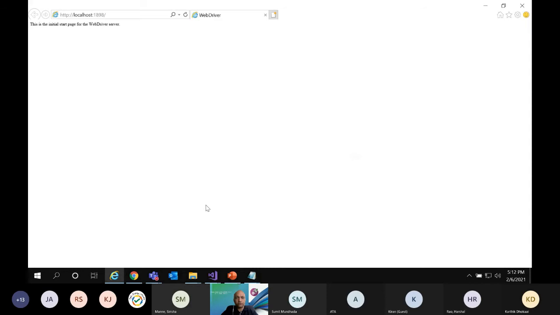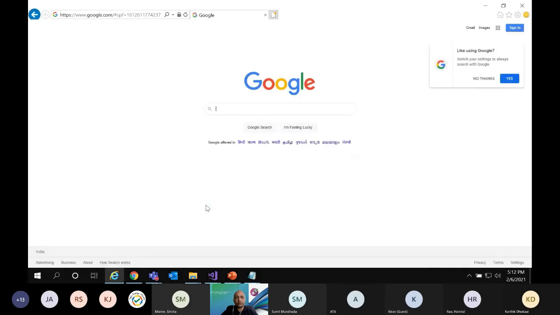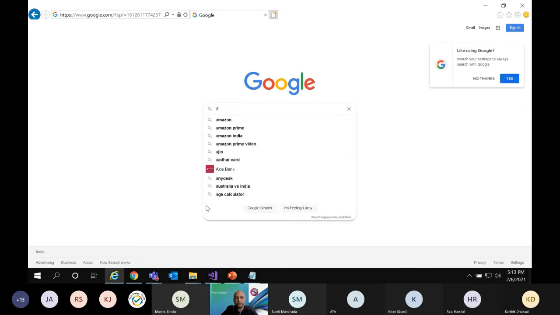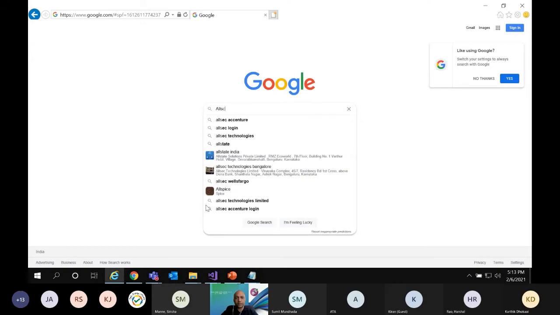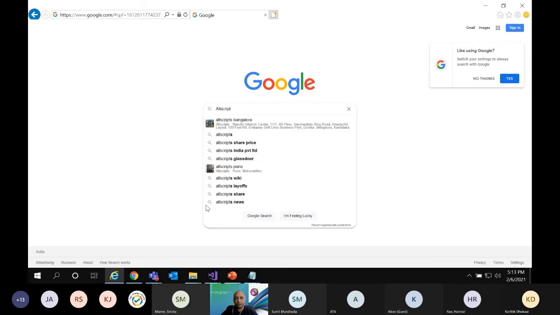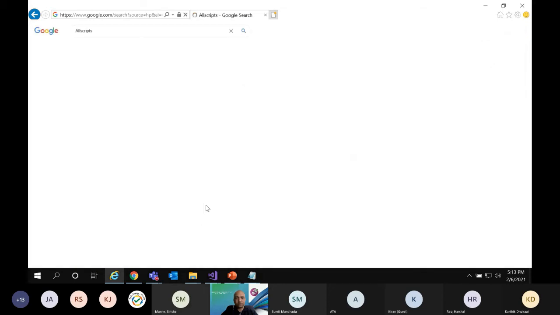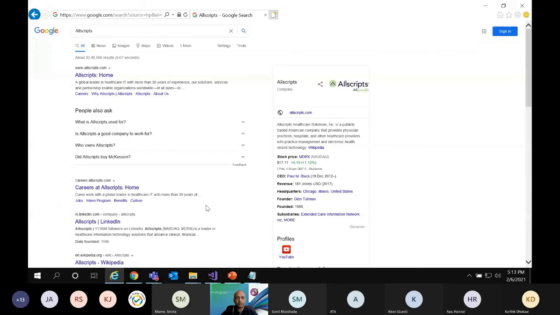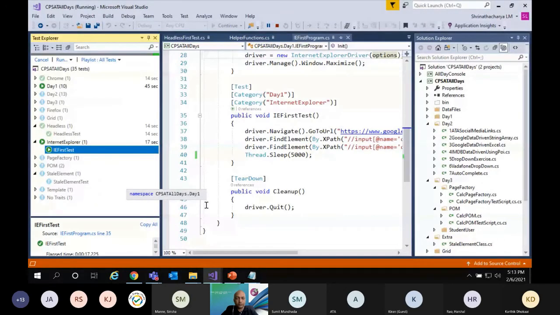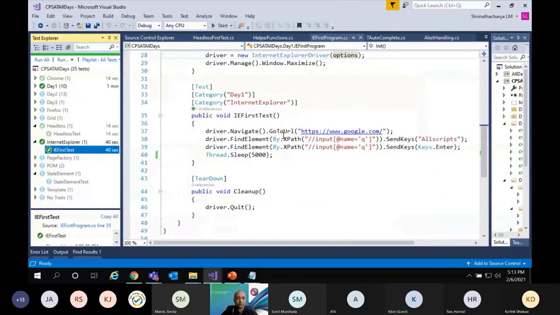So it launched IE. It runs on localhost the moment it launches, then navigates to Google, whatever URL you have given. Then here I am typing as all scripts. Then it is navigated over here, run the test. Okay, so yeah, this is for the